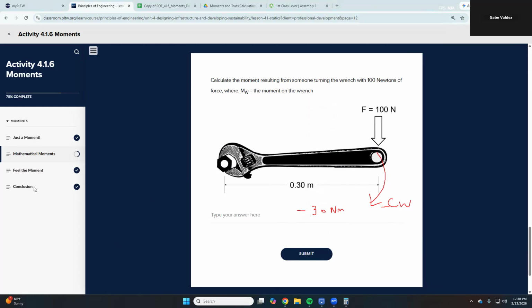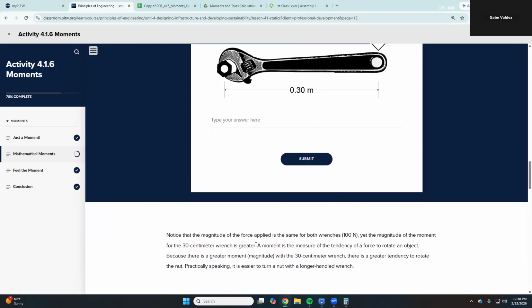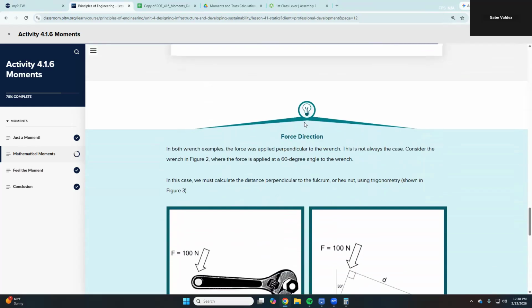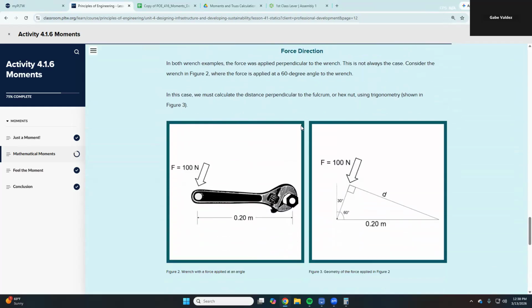All right, and then we get into this check for understanding. And then we have these examples that I kind of went over earlier. So here we have a 100 Newton force that's at some angle. Okay, now we're told that this angle is 60 degrees. So the line of action of this force is not perpendicular to this distance that we're given. But what is perpendicular is the y component of this force. So if I took this 100 newtons